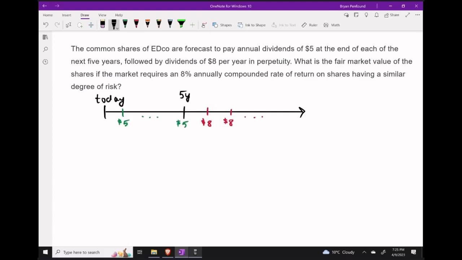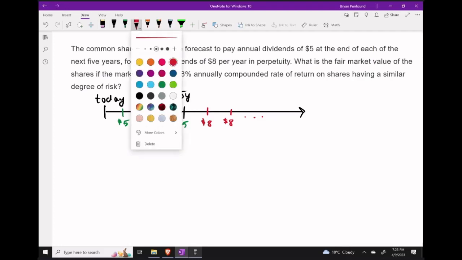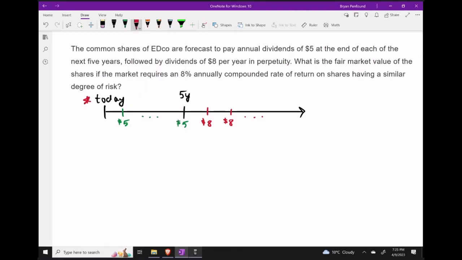Let's go ahead and set up the following time diagram with the two timestamps of importance. We have today, the focal point, where we're going to calculate the fair market value of our shares. And then we also have this important time period of 5 years from today where the monetary amount's going to change. And so I'm thinking in order for us to solve this question, we can break it up into